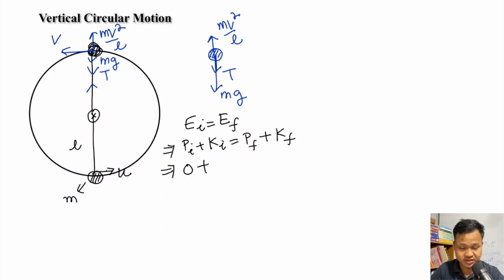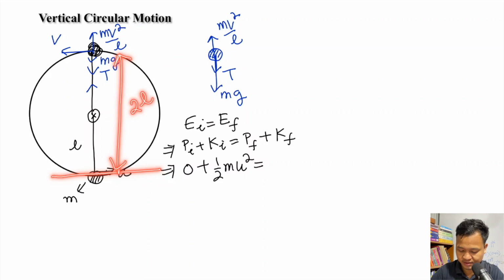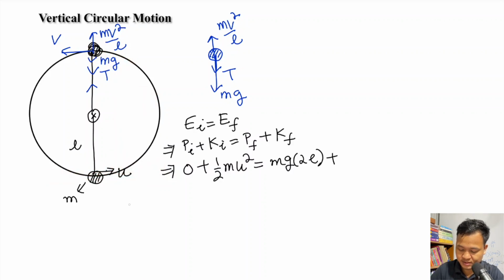the initial kinetic energy with speed u, so half mu square. This is equal to the final potential energy. Initial is 0, and the final is at a height of 2L. So that means you'll have mg into 2L, plus the final kinetic energy with speed v, let's say v, so half mv square. Okay, now to solve this, you divide both sides by 2